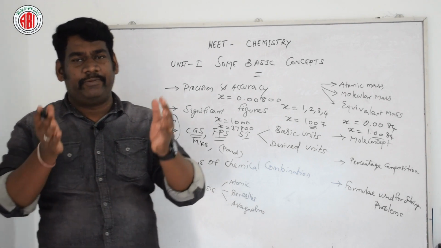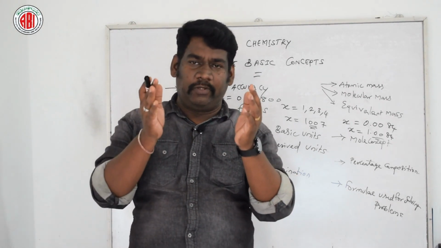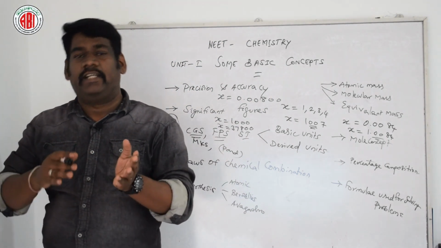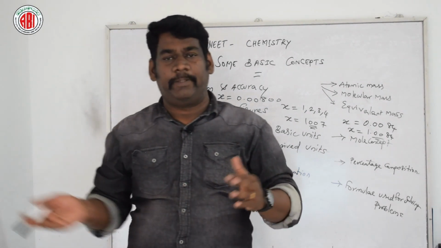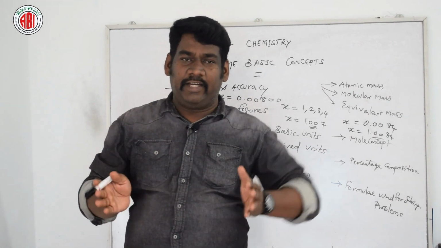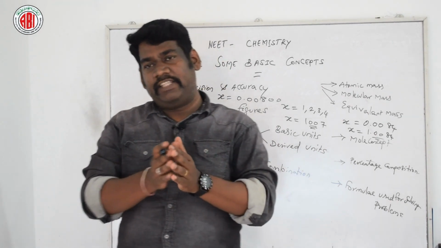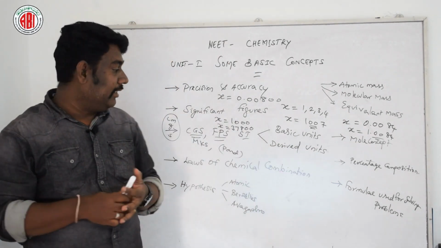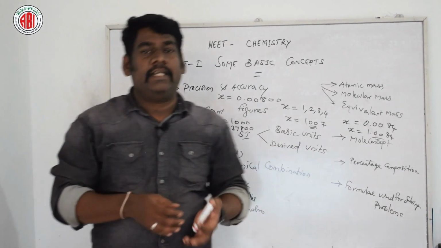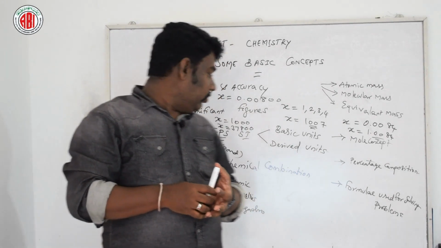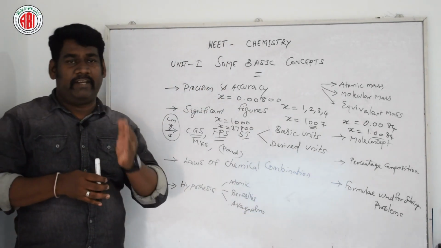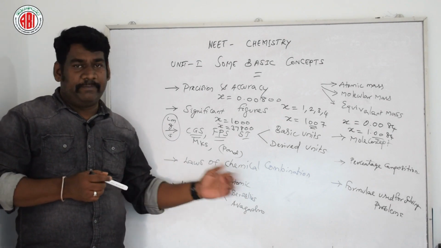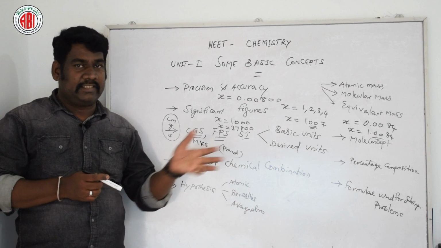So for example, if you take the mass of a particular reactant before the reaction and after the reaction, when the reactants combine together to form a product, the mass will not change, which is always similar before the chemical reaction as well as after the chemical reaction. So this is what the law is explaining. This was actually proposed by Lavoisier and verified by Landolt. It is one of the very, very important laws among these laws of combination.